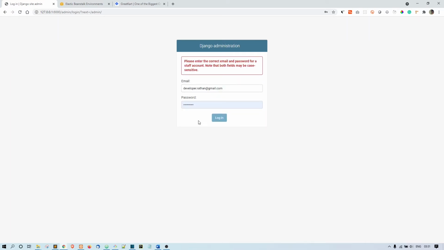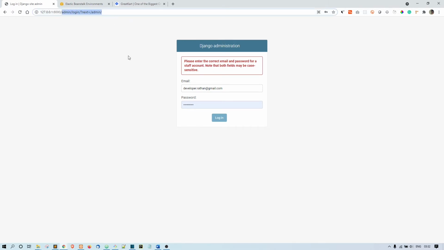Even if you put in the correct password, it is not going to log in, because this is for security purposes. If anybody knows that this application is a Django application, then he may try to log in with any combination of email and password, right? In that case, this form will record his IP address, his email address, the browser and all that information, and store it inside the database.